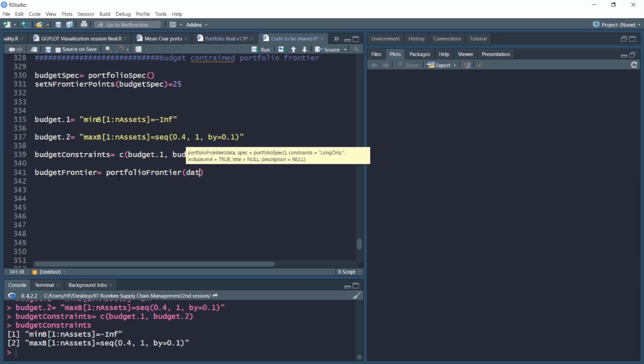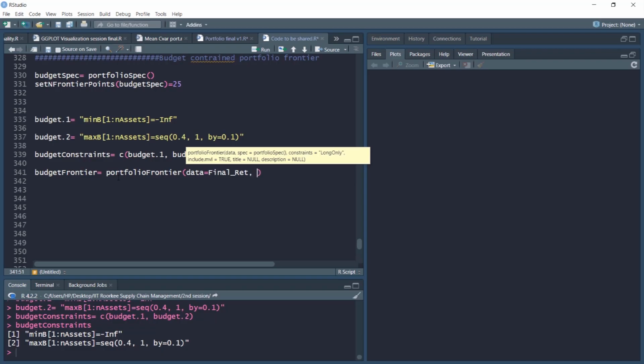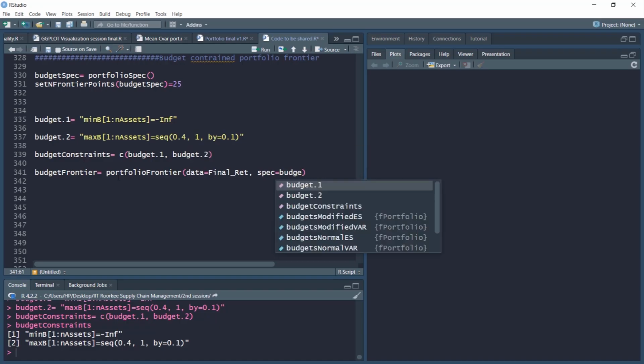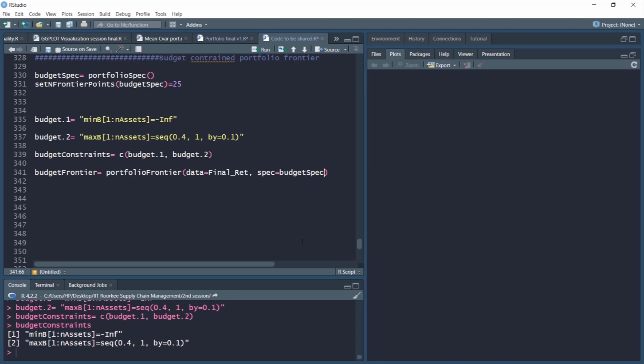So let's specify the data as final return data, then spec as we have already specified our budget spec object. Then we need to specify the constraints.